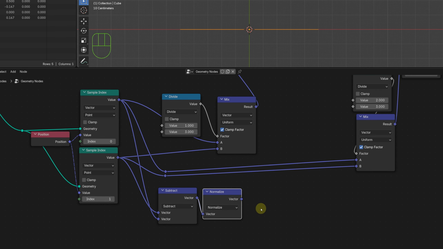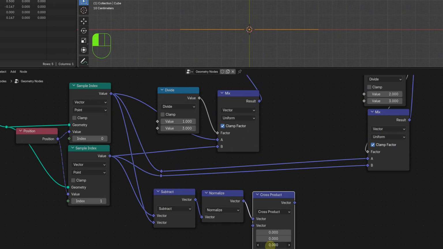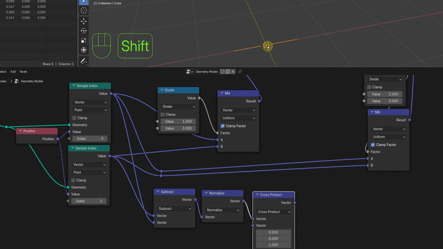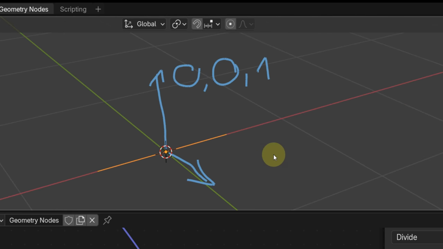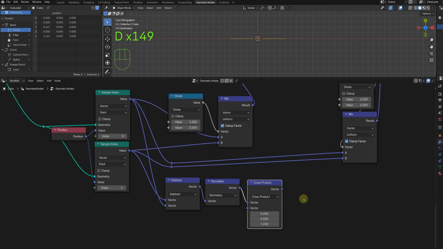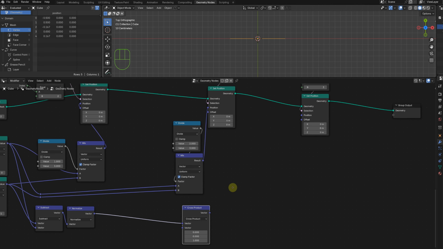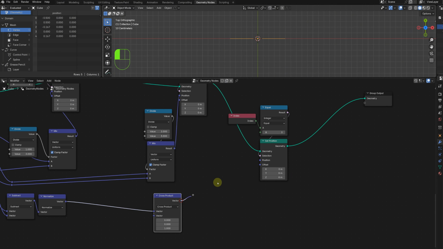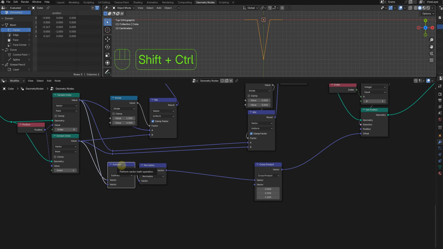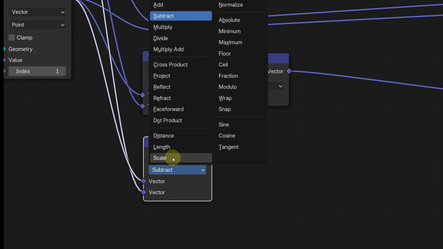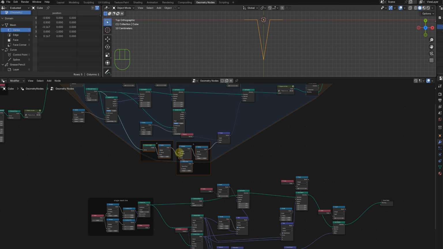Finally, we calculate a cross-product vector from that result, using the vector 0, 0, 1 as the second input. Then, using the distance vector math node, we calculate the distance between the vertex with index number 0 and 1.